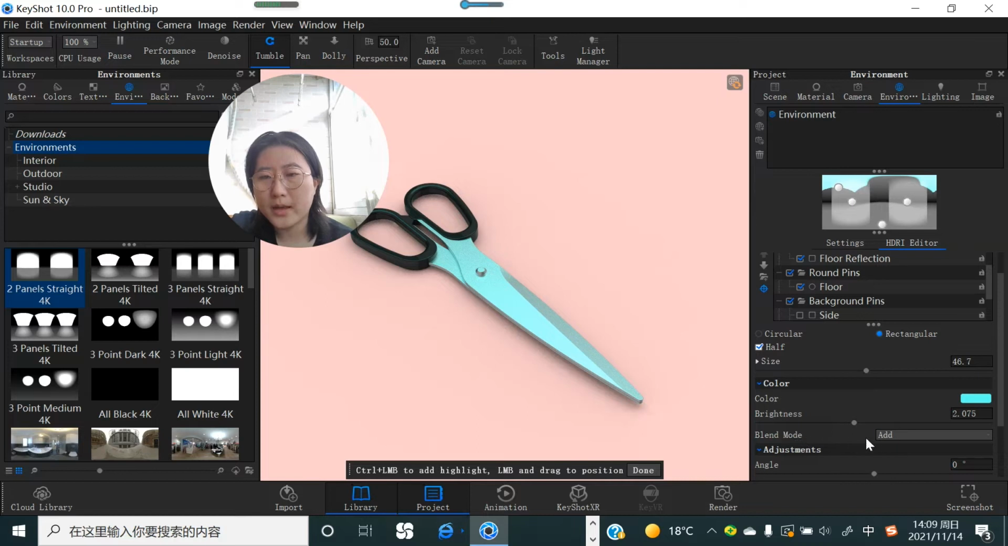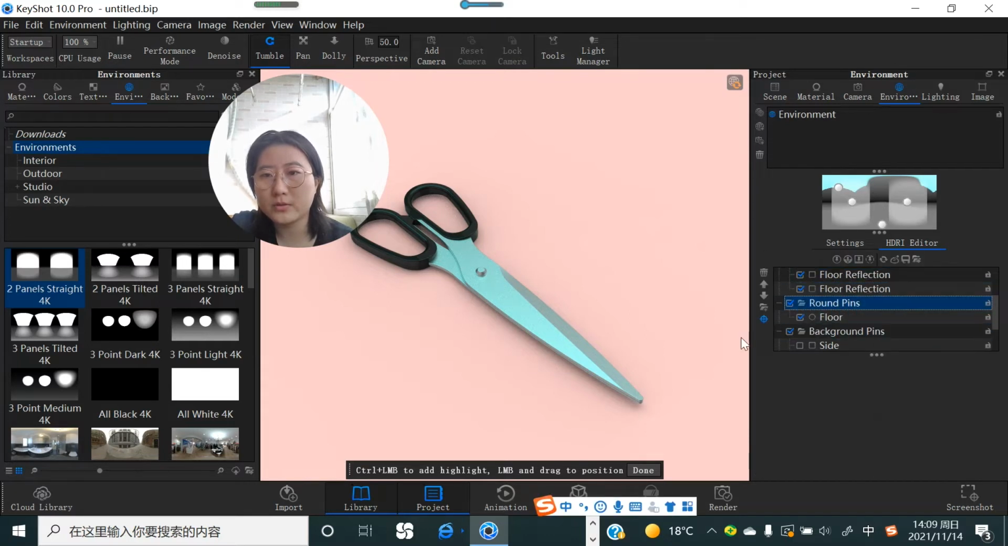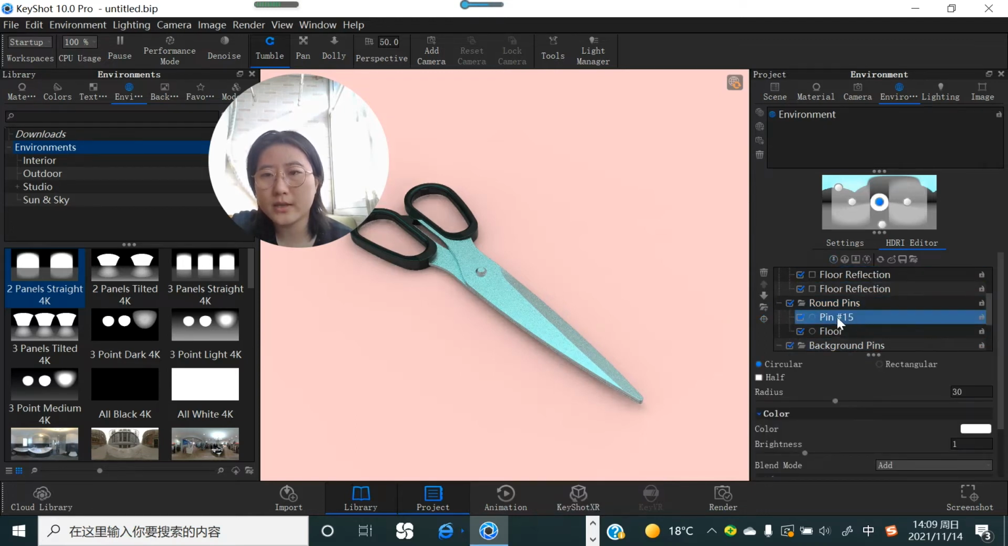So there's blend modes. Default is add. You could choose to blend, alpha, or screen. Whatever you want. There's a small difference between these options. You can just try them yourself to see what effect you want to get. If I change the round pin and hit the add pin, you could also directly add the pins